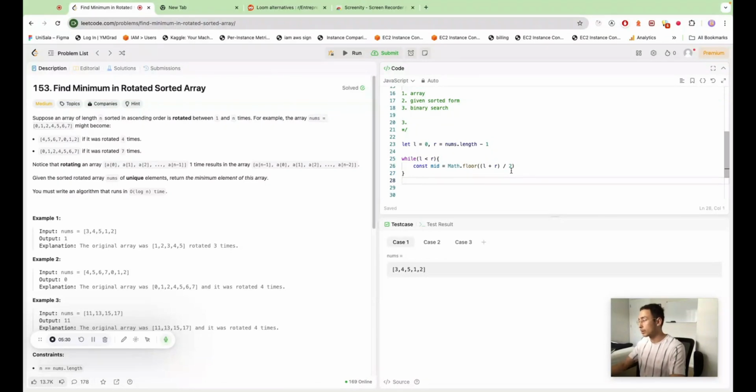We basically want 1. We don't want the ceiling. Basically, if it's 1.5, the floor is 1 and the ceiling is 2, we'll take the 1. So that's that. And now